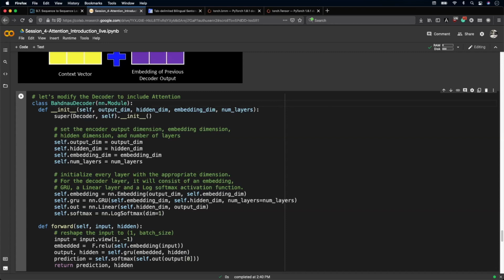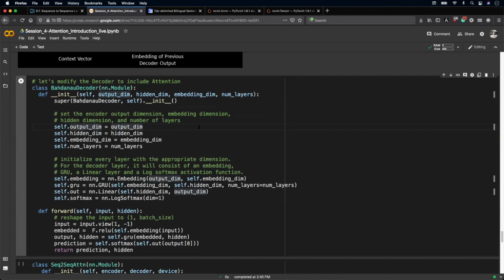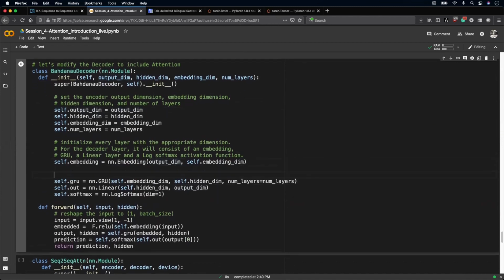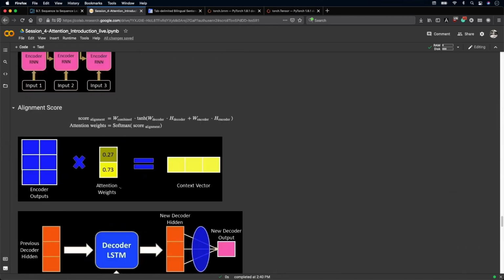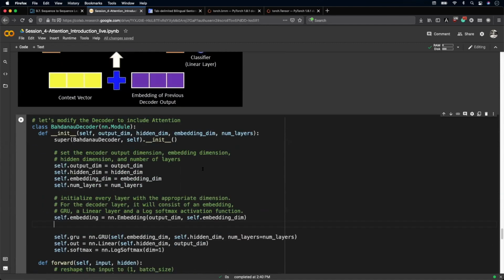So I just call it, I don't know, decoder. All these inputs are going to remain the same. This is exactly the same. These things are going to be the same. There's no difference. Embedding layer will be there. We have a GRU layer, but the difference is before we reach the GRU stage, the decoder LSTM or GRU stage, we apply all these alignment functions, and then we calculate the attention weights. So to do that, we'll need to define a fully connected layer. So we'll have a fully connected layer for the hidden,